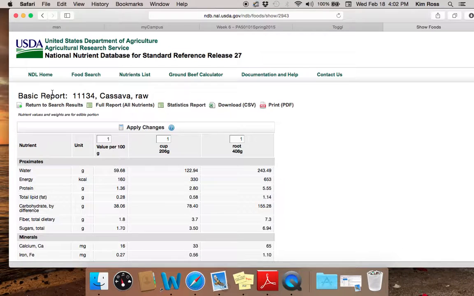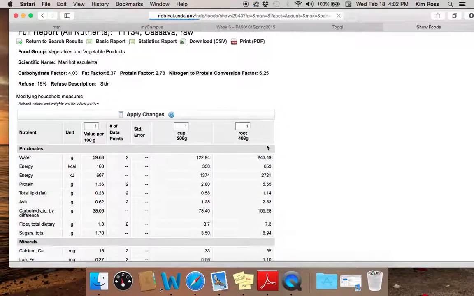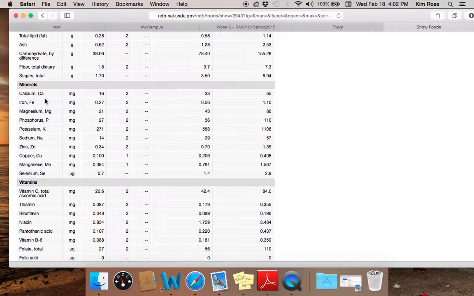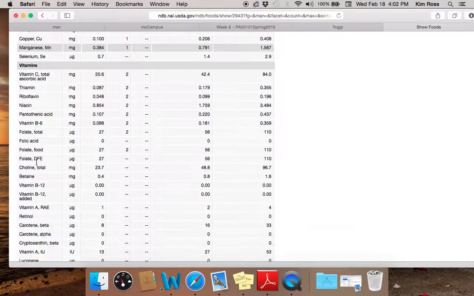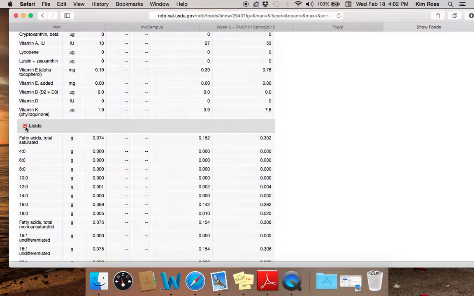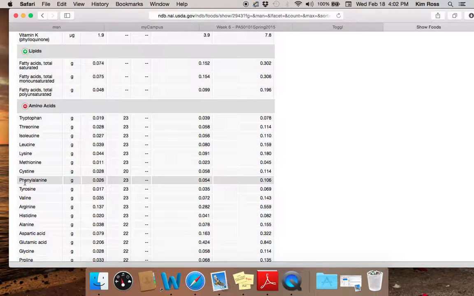And when you get to this point here, this is just a basic report, and you're going to need the full report to get all the information that you need for your requirements. So when you click on that full report now, just to scroll down and see some of the information, we start off with the basics here of things like calories and protein, which we're going to be looking at, as well as some of the minerals that you see in it, your vitamins. And if we scroll down here to the lipids and amino acids, you have little plus marks so you can expand and see the various amino acids, which again, that's what we're going to be looking at for this particular